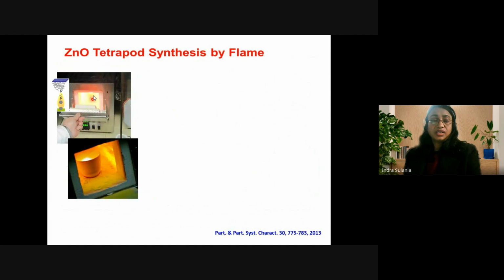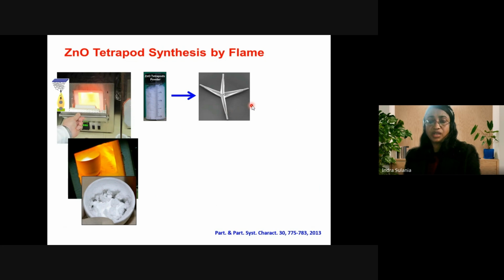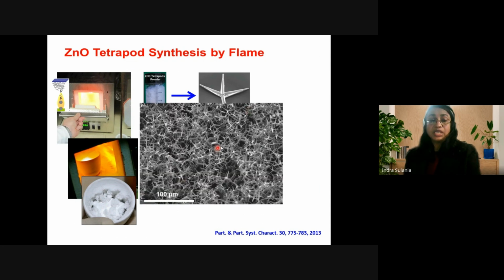You can see that this crucible was kept with the powder and it is heated, so it is this color, and then this powder is again a tetrapod powder, and the same characterization was performed. The beauty of this material is that because it has 3D geometry, the tetrapods are not agglomerated, but they form a porous geometry within the material. This porosity can be used for various applications, like sensing, catalysis, and biomedical applications, because you need porosity to get the maximum surface area for the interacting agent.